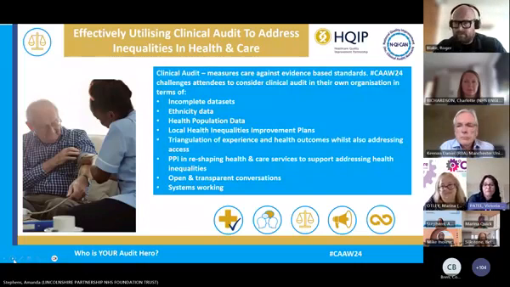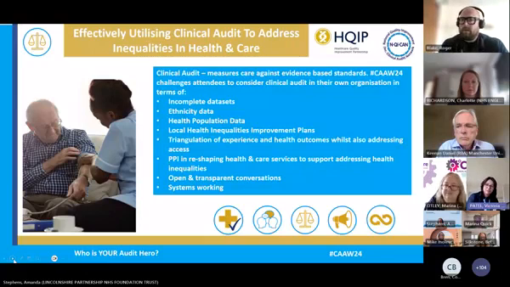And bringing it full loop back around to clinical audit, clinical audit is a fantastic QI tool to make sure we're measuring the impact of any improvements that we're making. But again, bringing it back to our patients and service users, it's about finding out from their perspective whether we got those improvements right, and whether we have really made that impact for everybody that's using our service.